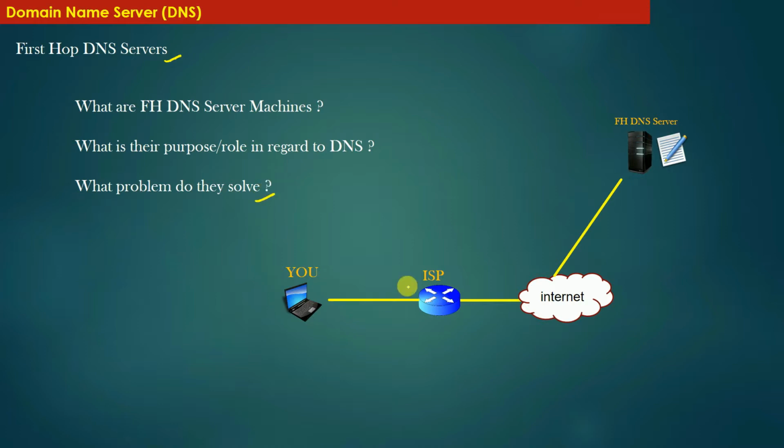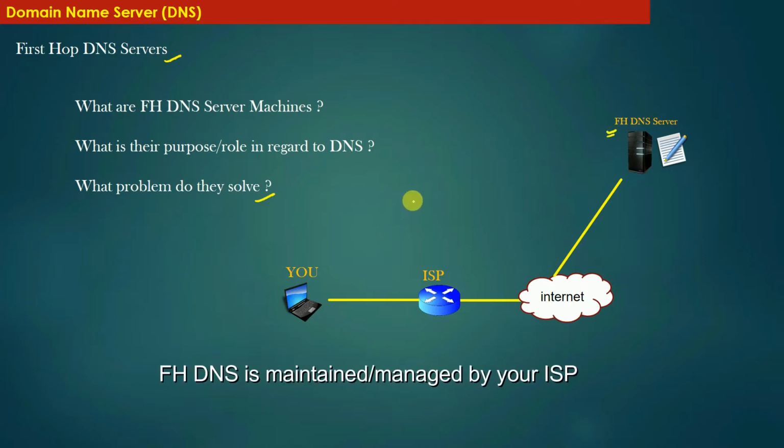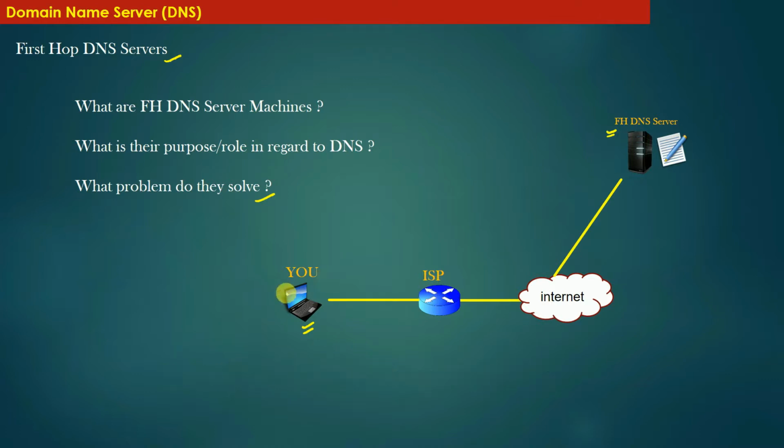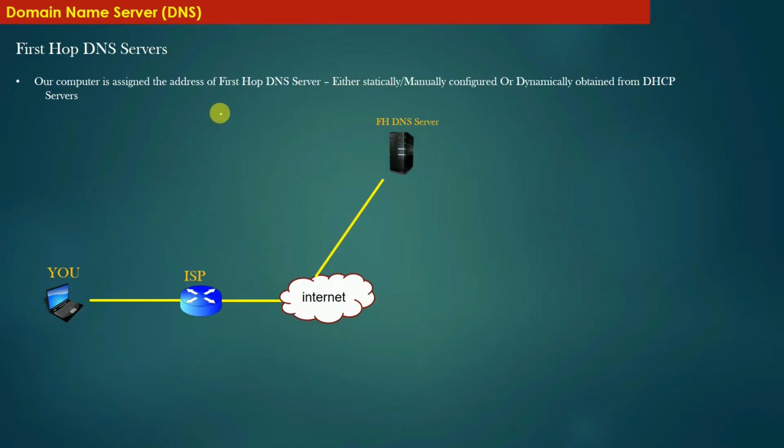You can see in this diagram, the first hop DNS server is just a server which is present elsewhere in the network. And of course, it is you who is sitting behind your ISP, connected to the internet through your internet service provider. This is the very basic topology we will use in order to understand the functionality of first hop DNS servers. Going forward, our computer is assigned the address of the first hop DNS server,